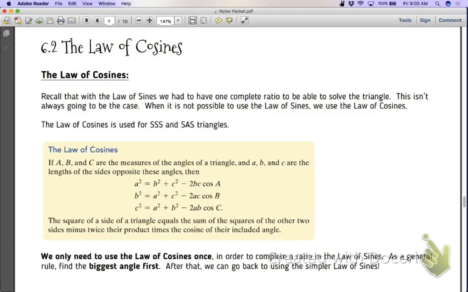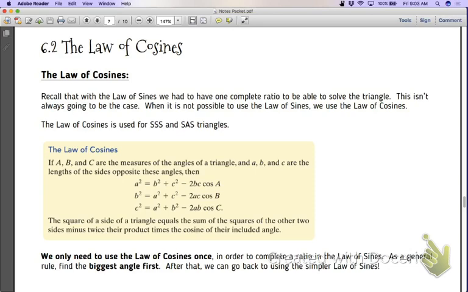All right, law of cosines. We talked law of sines the past 2 days. Basically, what you can do and what you want to do is up to you. You really have two options. In some cases, you have no choice, but you're going to have to at least use law of cosines at